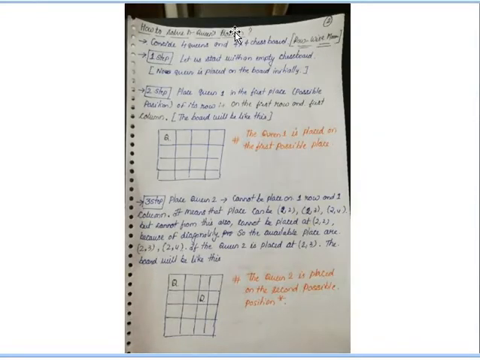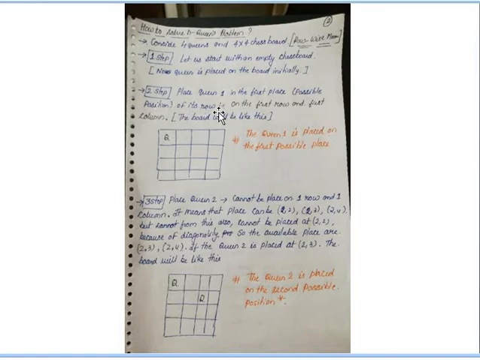Now let us see how to solve the N-Queens problem. Considering 4 queens on a 4 cross 4 chessboard, first we'll see how to solve it in a row-wise manner. The first step is to start with an empty chessboard, meaning no queens are placed on the board. The second step is placing queen 1 at the first possible place of its row.